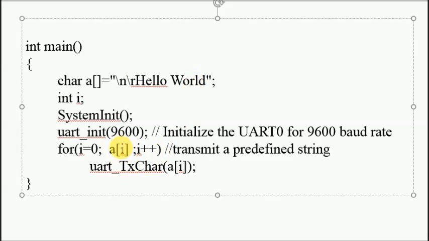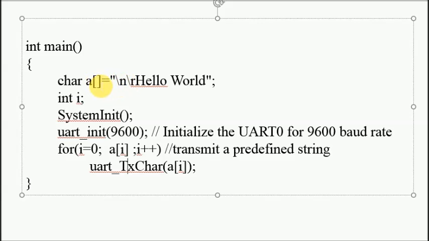In this case there is no condition, so continuously this string will be transmitted. Now the next subroutine is to transmit the data. You can see here, this function is a call by value. AI indicates the location, so we start from 0.